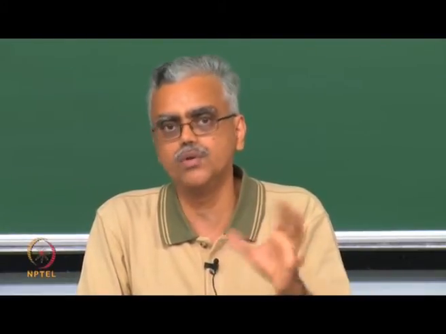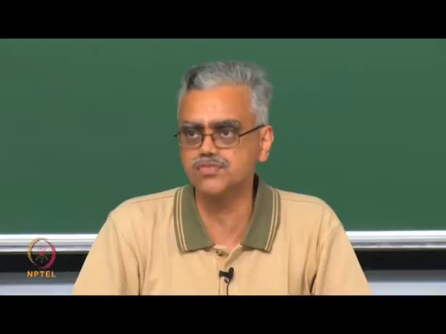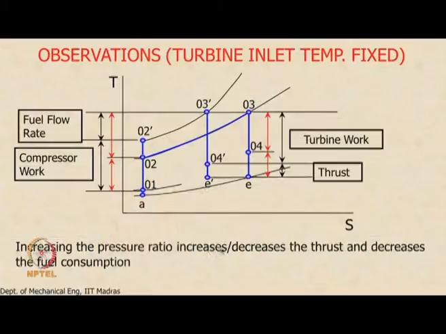Okay, so now we need to work with numbers to see how it will come out, and that is what I am going to show next. But for now, we can summarize our findings this way. Inferences from this graph are like this: increasing the pressure ratio can increase thrust maybe, or decrease the thrust depending upon the actual value or the baseline case that we are looking at, but it definitely decreases the fuel consumption. That is unambiguous.